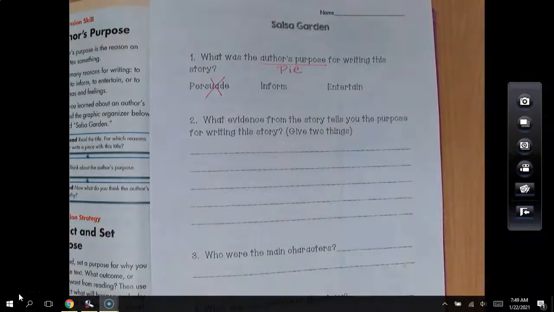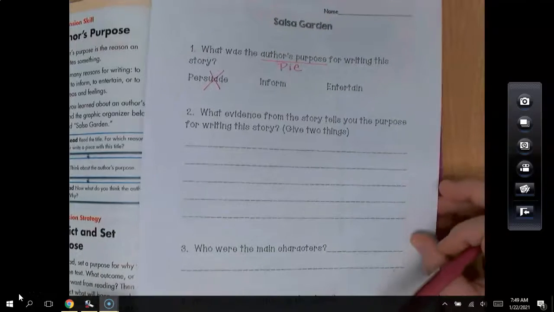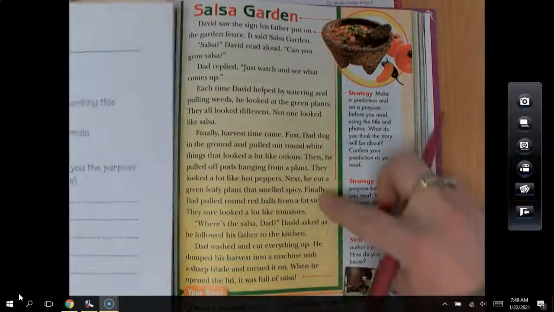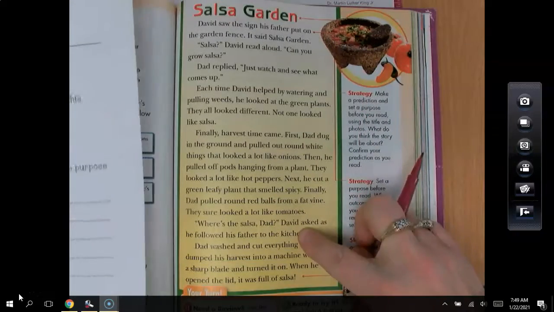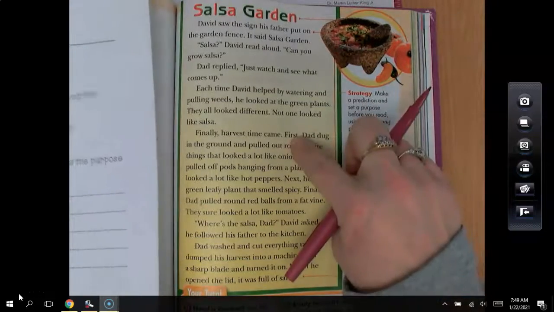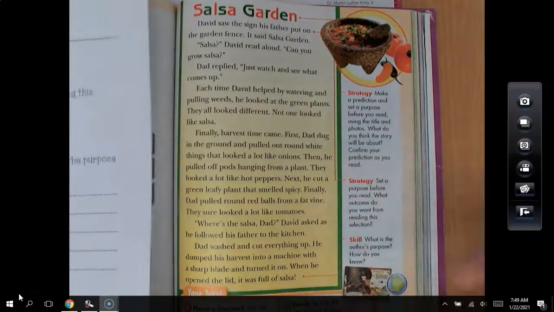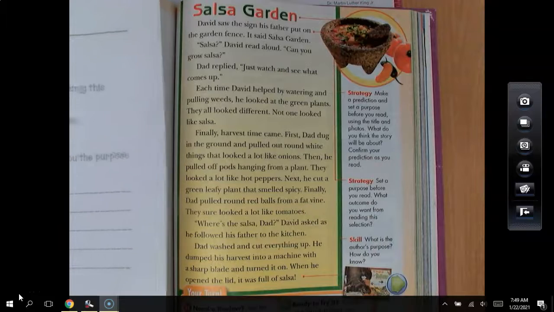What about inform, boys and girls? Inform. Did the author write this story to inform us? Did the author give us true information? Well, actually, the author did give us information about how to grow things in the garden and how to make salsa. It told us actually in sequence. I see these sequencing words: first, then, next, and finally. So it did give us information,